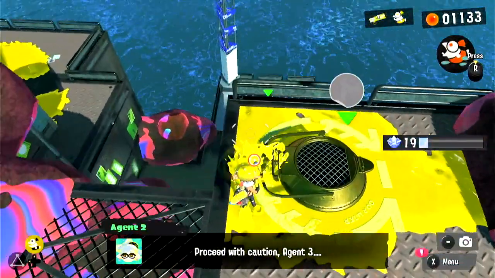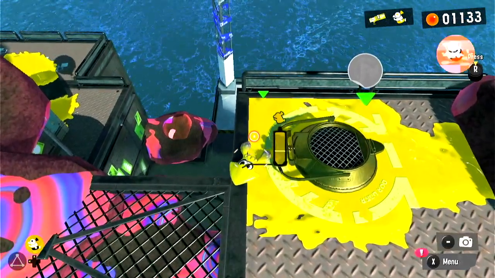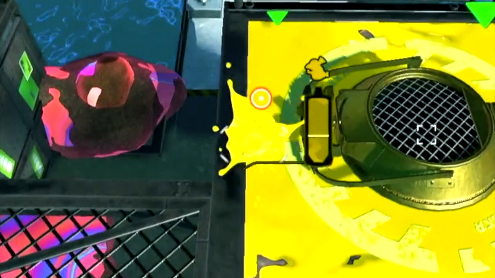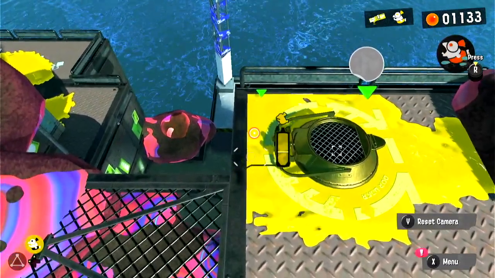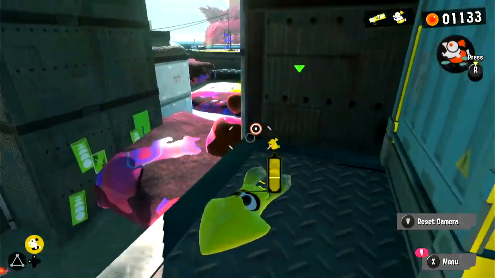Also, you can do this skip if you want. It's really hard and only saves 300 power eggs, but if you go right to the very edge of the ink here, almost where it looks like you're on the grate, then move forward and do a squid roll at slightly more than 90 degrees, you land on the other